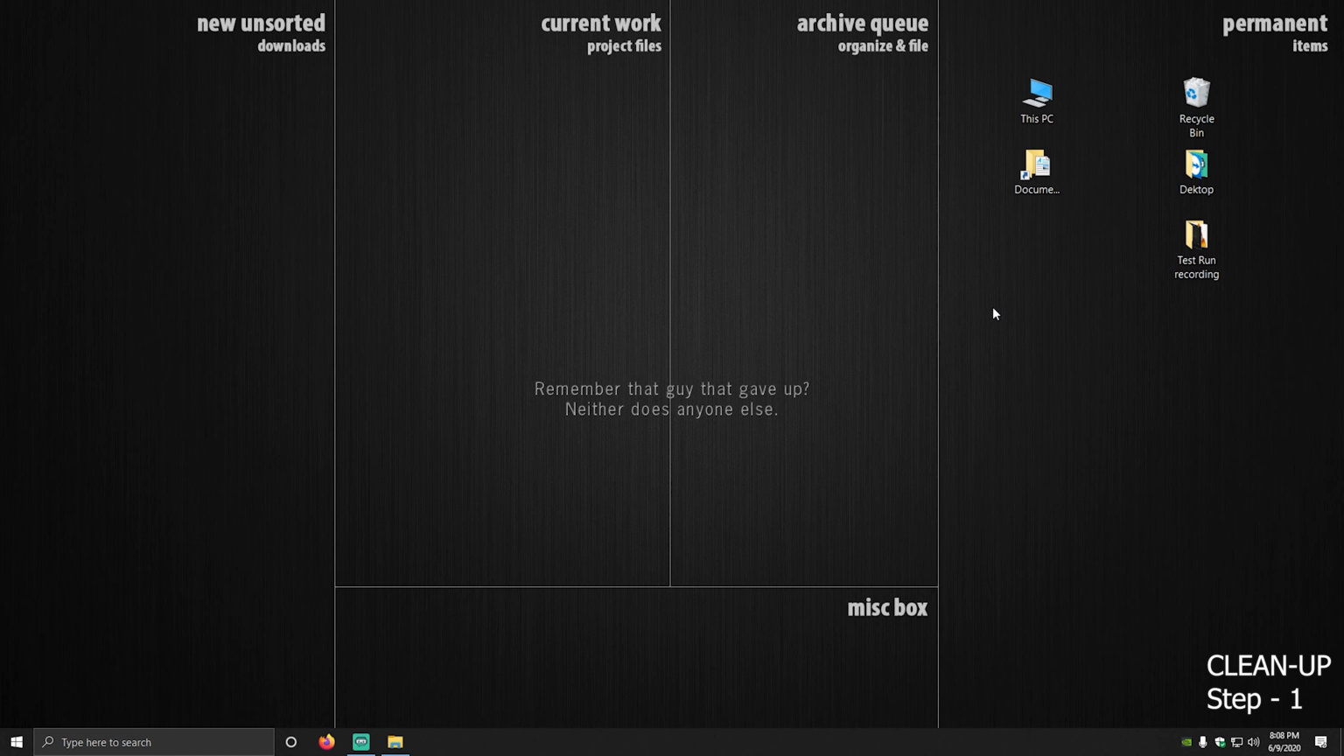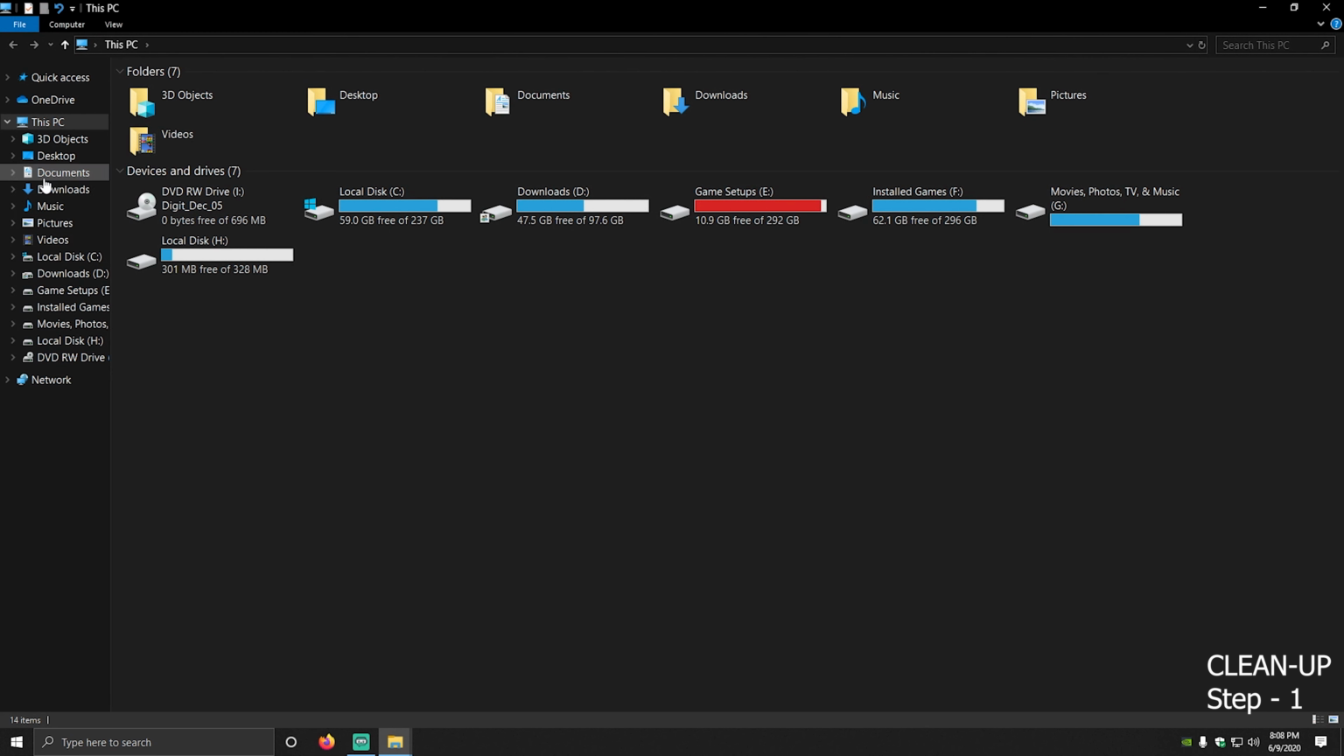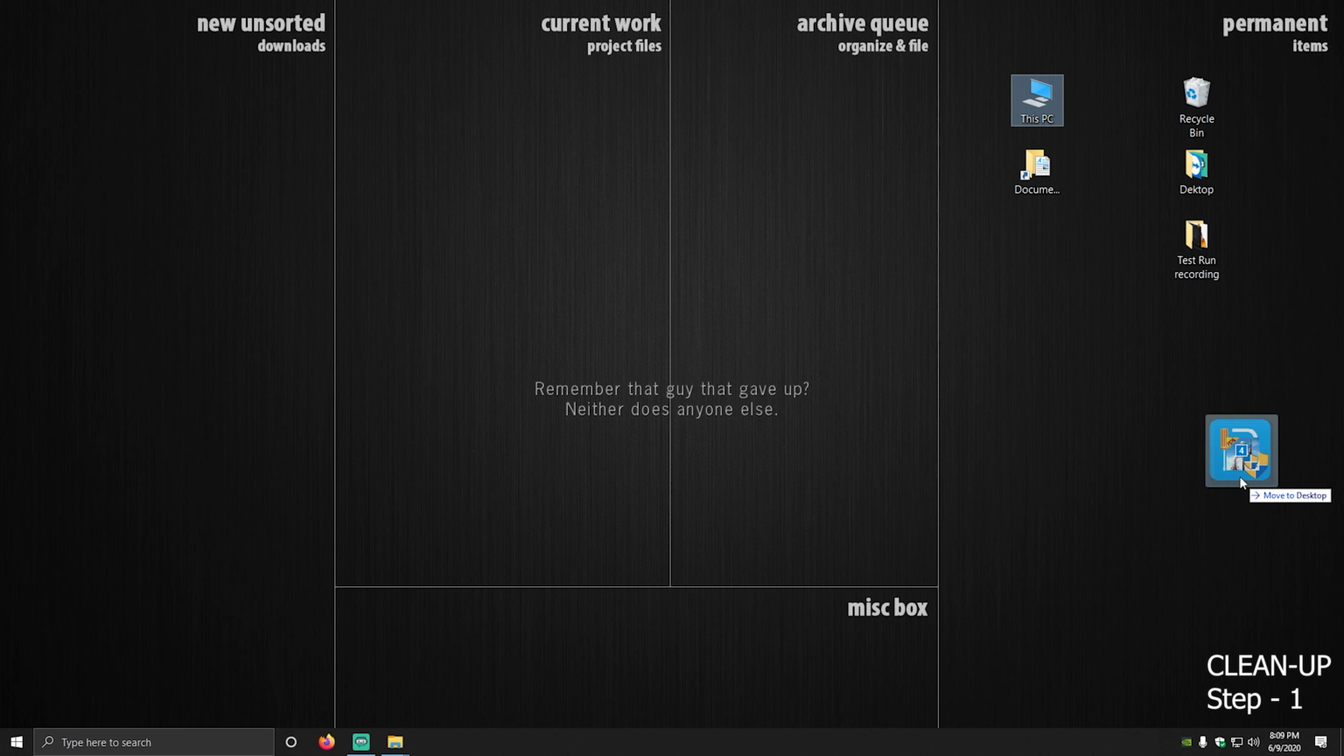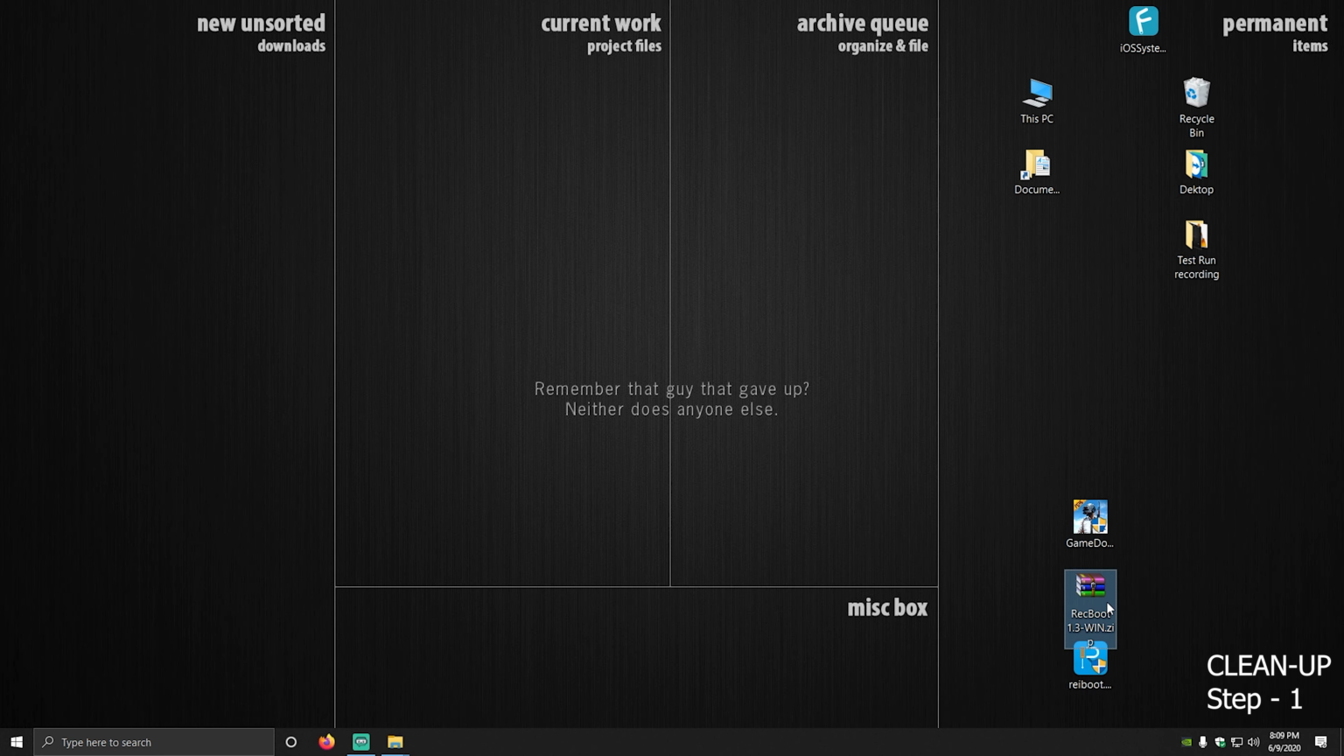Alright guys, we'll begin with the first section of our top tips and tricks, which are the first 3 steps that you need to perform in order to clean up your Windows 10 PC or laptop. We'll begin with going to My Computer, then to the Downloads folder. A word of caution: sometimes under a cleanup we accidentally delete some of the important files in the Downloads folder. We don't want to do that,